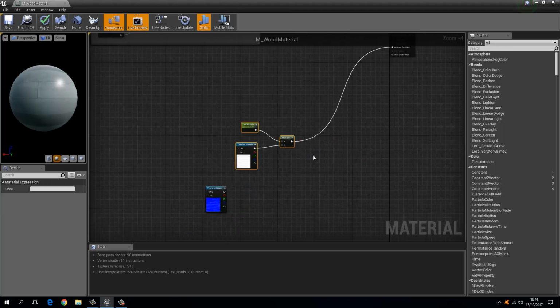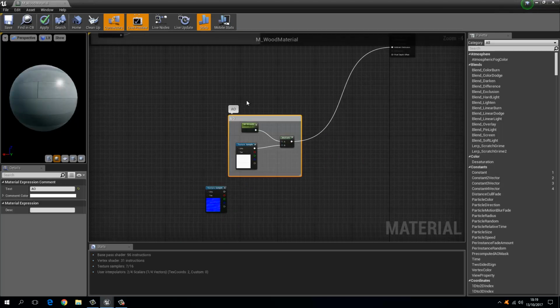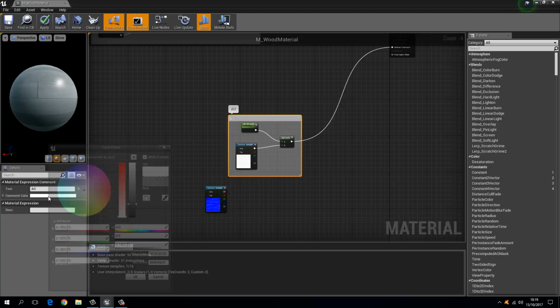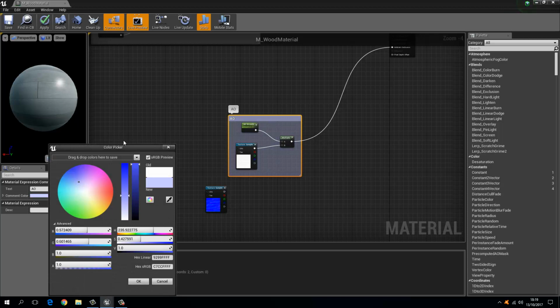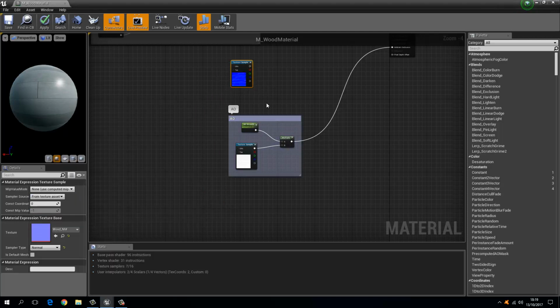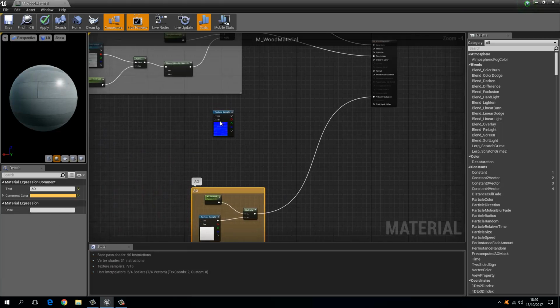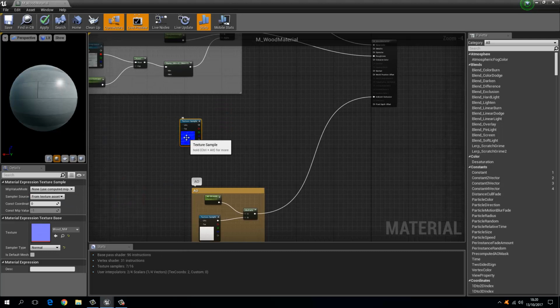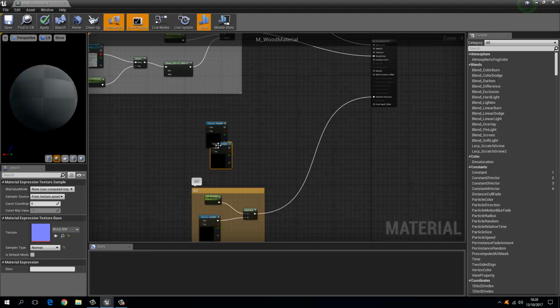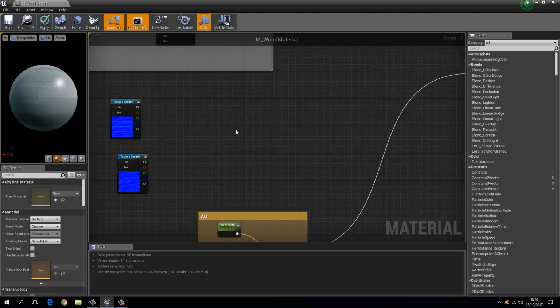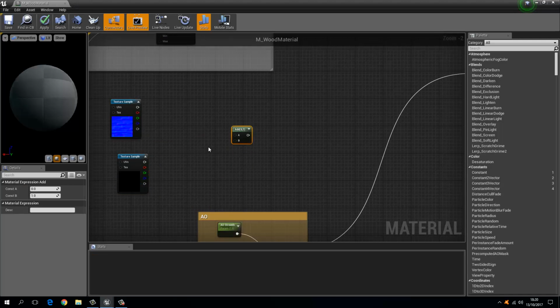And I can press C and just type in AO. And we can also set nice colors to these if we want. I'm going to go with something like this. Maybe something different. There we go. So now the last thing to do is to build in the normal map. So I'm going to press Ctrl C and Ctrl V because we're going to make a copy of this. And here's what we're going to do. We're going to add in an add node by pressing and holding A and left clicking, and a multiply